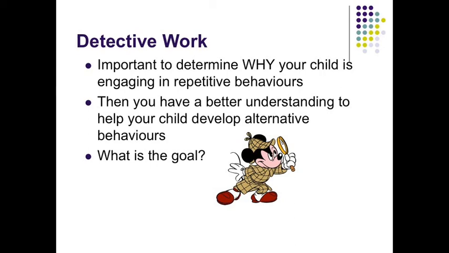So you need to determine what that is so that we can then identify appropriate alternative behavior to help teach our child. For example, if a child is engaging in repetitive body movement, they might be doing that to help them stay regulated. So if we just try to take that away or stop it, then they can't regulate their arousal level anymore. And either another repetitive behavior might pop up, or you might actually have an increase in disruptive behavior because they're not regulated anymore. So again, we need to try to teach an appropriate alternative behavior. Another way of looking at this is, what is your goal?